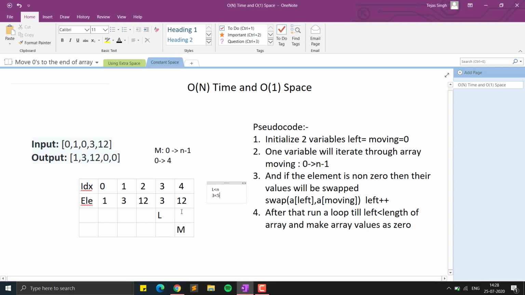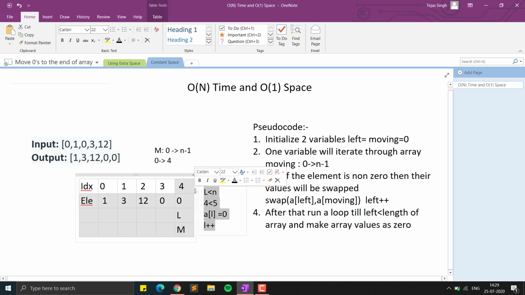So now we will check the condition. Yes, that condition is true. So we will override the value at L, and the value will be overwritten as 0. So this is what we are trying to do, overwriting the values afterwards, and now it will become 0. And now L will be incremented. After L is incremented, it will come to this index and it will become 4. And 4 is still less than 5, so we will again overwrite this value as 0, and this will be